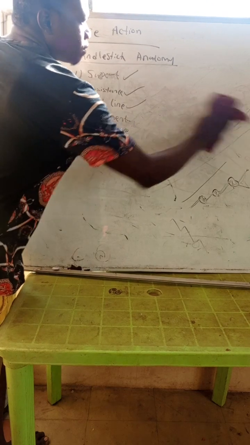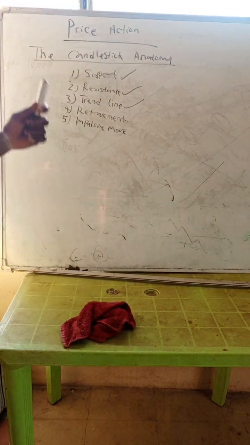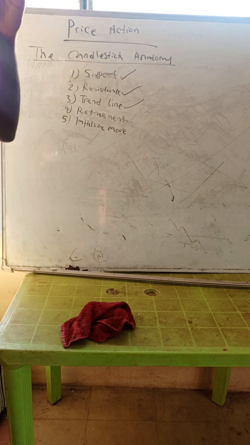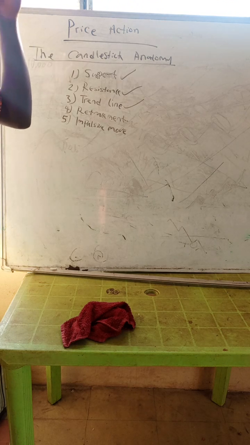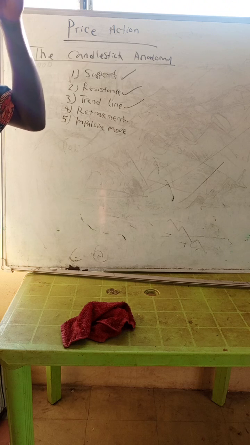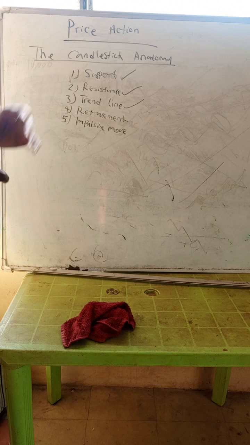So that's for a retracement. Hope you know what a retracement is. A retracement is simply that point where the market, even though it was going up, goes down a little, then continues up higher, then goes down a little again, and continues up higher. That point where it's going down a little is called what? Retracement. So you can use your chart to identify your retracements.